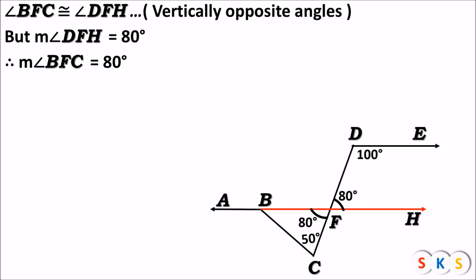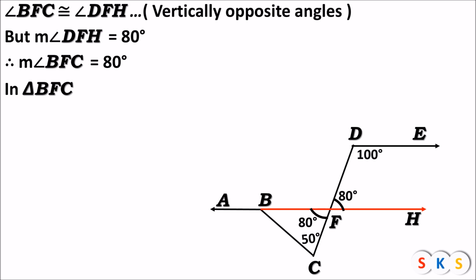Okay, now look here. Here we have triangle BFC. Can you find triangle BFC? Yes, you can see angle ABC. Angle ABC is an exterior angle of triangle BFC, and we know the measure of an exterior angle is equal to the sum of its remote interior angles. So what is the exterior angle in this figure? Angle ABC. And what are the remote interior angles? Angle BFC and angle C, the short name, that is BCF.